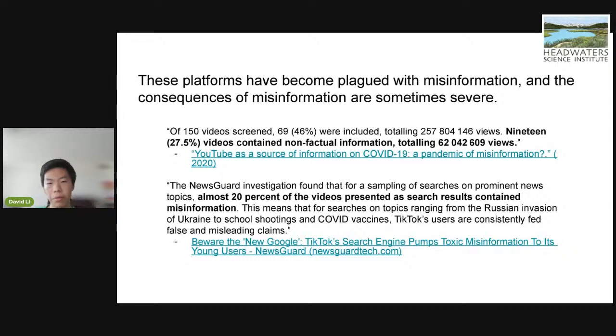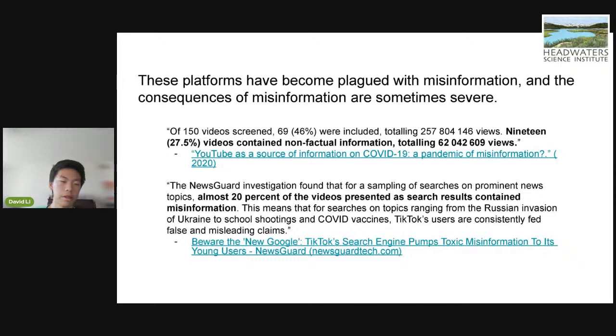I'm sure we all know what misinformation is. It's just information that's objectively incorrect or can be disproven. And in certain situations, the consequences of this misinformation can be severe. For example, in disasters or in politics, or when the misinformation relates to health issues, misinformation can result in pretty severe negative consequences.